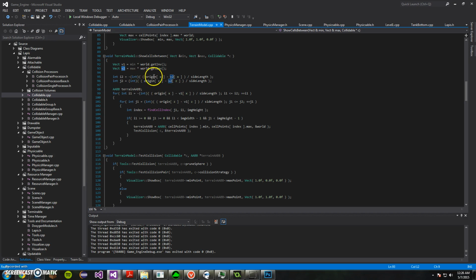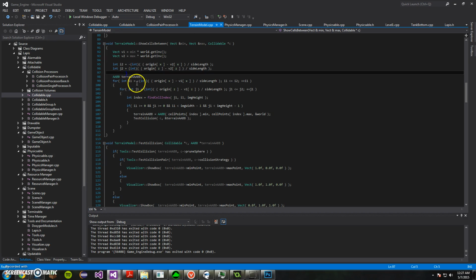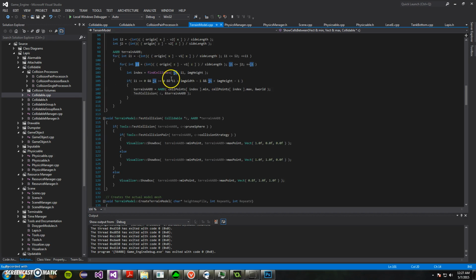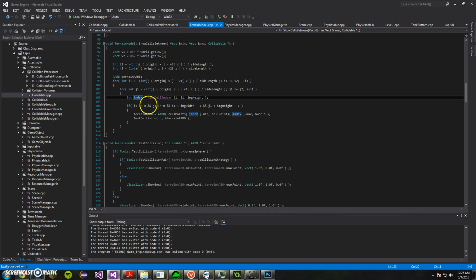So it would go to the max here. This would represent the max indices for the cell, and then these would represent the min indices for the cell. And then it would just iterate through and increase the min and max, these two, every time. And then if it was on the terrain, essentially here, it would generate an AABB, or it would make the